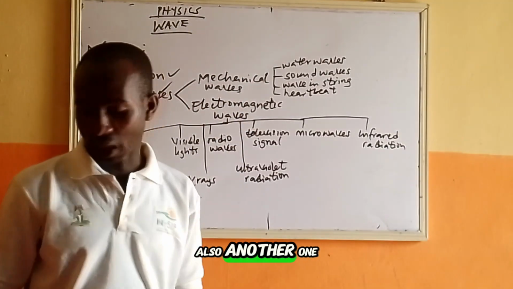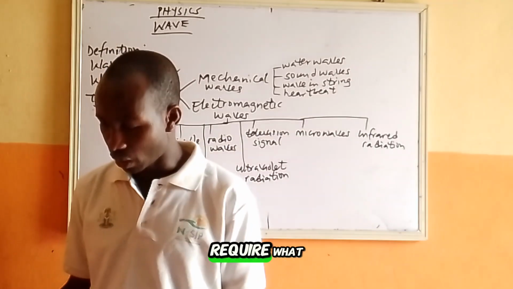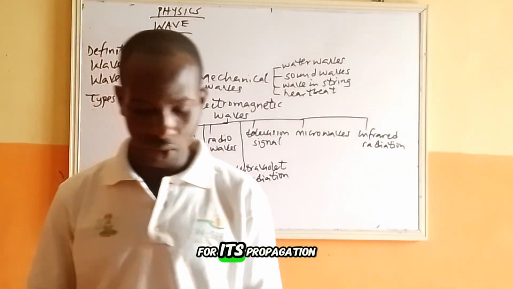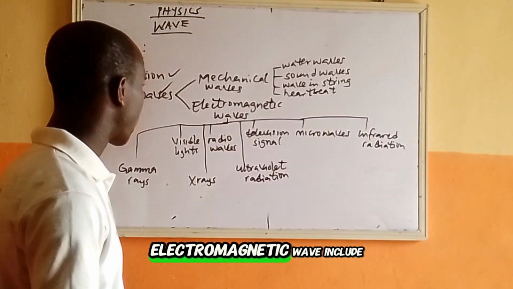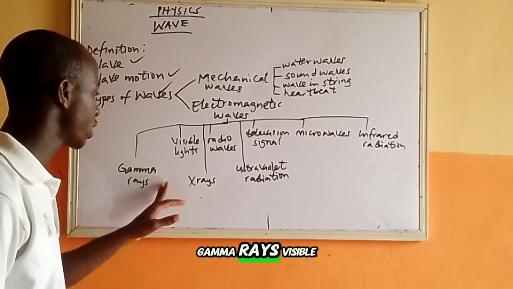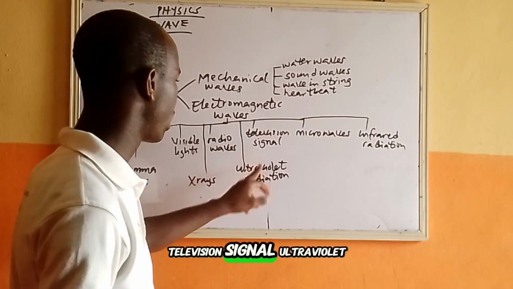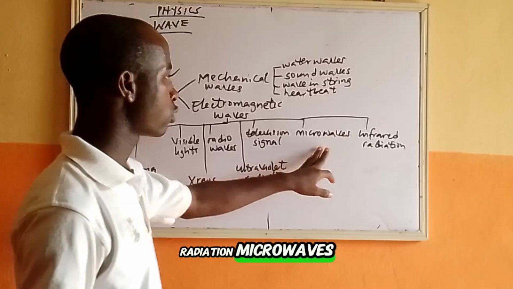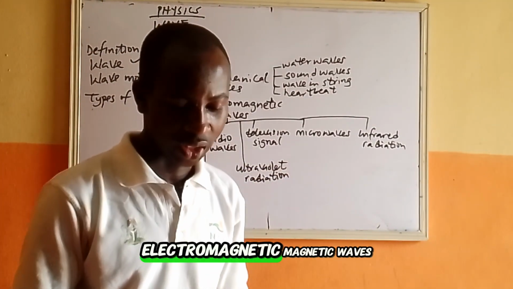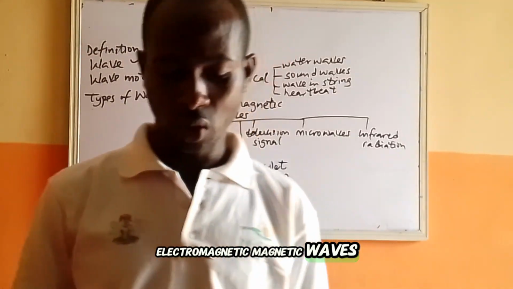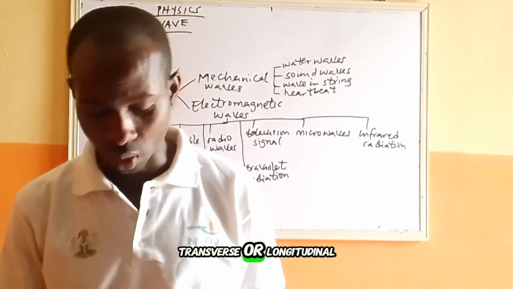And another type is electromagnetic waves. These are waves that do not require a material medium for their propagation. Electromagnetic waves include gamma rays, visible light, X-rays, radio waves, television signals, ultraviolet radiation, microwaves, and infrared radiation. These are examples of electromagnetic waves. So remember that a wave can be transverse or longitudinal,